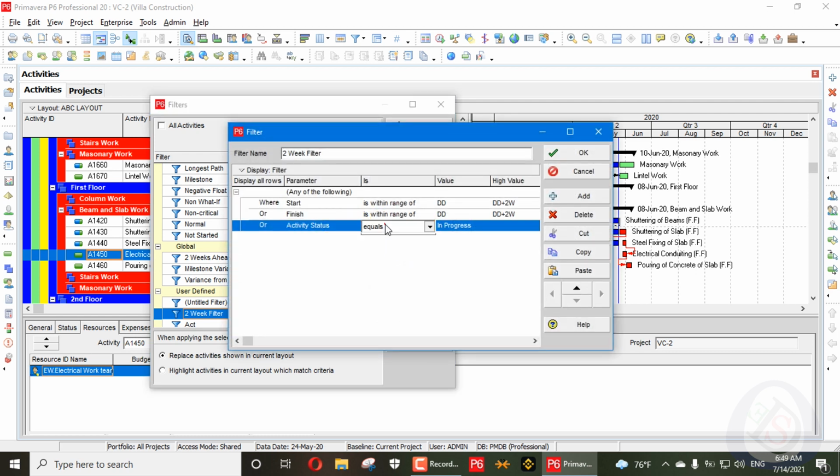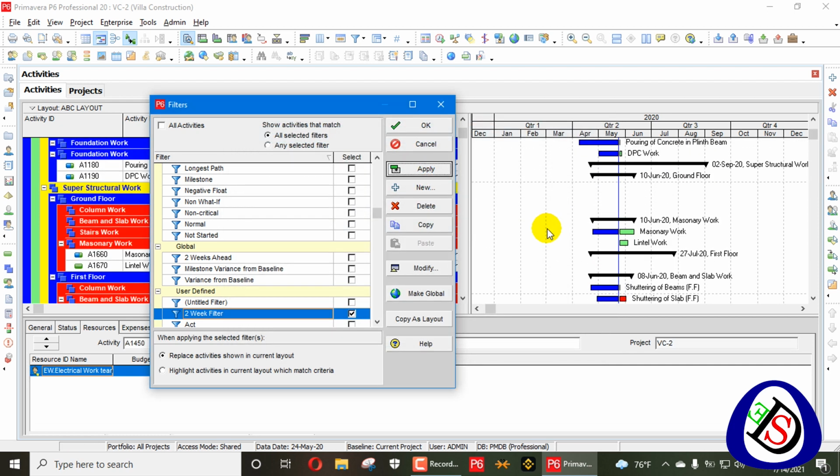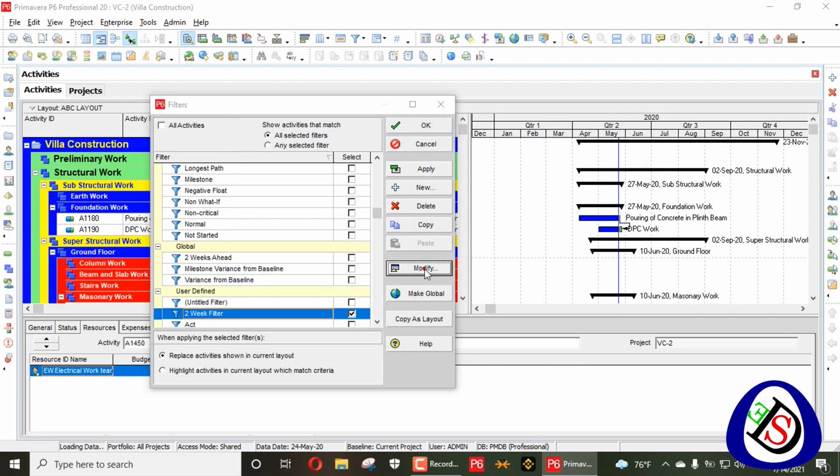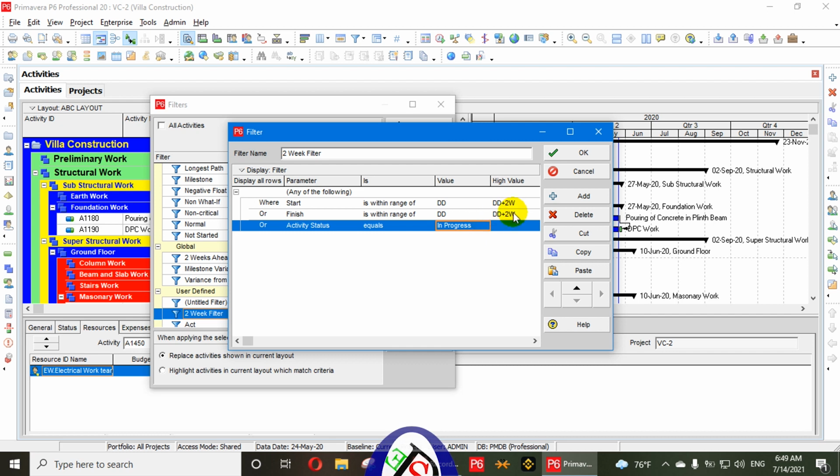And it's better if you write here is not equal to completed, so completed activity will not be shown here. Apply, the completed activity will not be shown, the other activity will be shown. So it's up to your choice, you write equal to in progress or not equal to completed. So make sure it should be any of the following here.